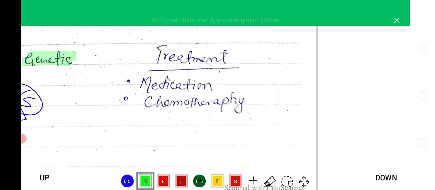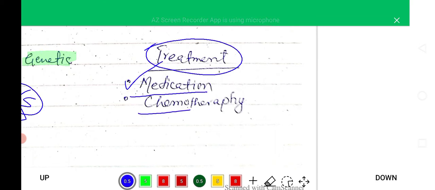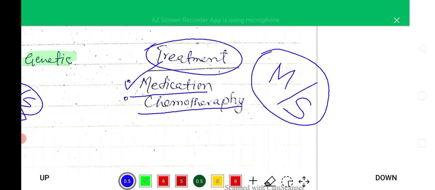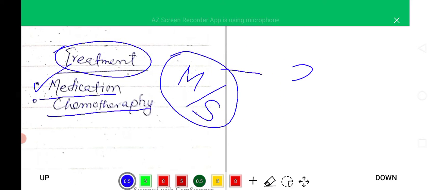So in the end, how can we treat this disease? For treatment, we will have to give medication, and chemotherapy can also treat this disease. So in this way, we can treat multiple sclerosis, which is a demyelination disease, in which loss of myelin sheath occurs